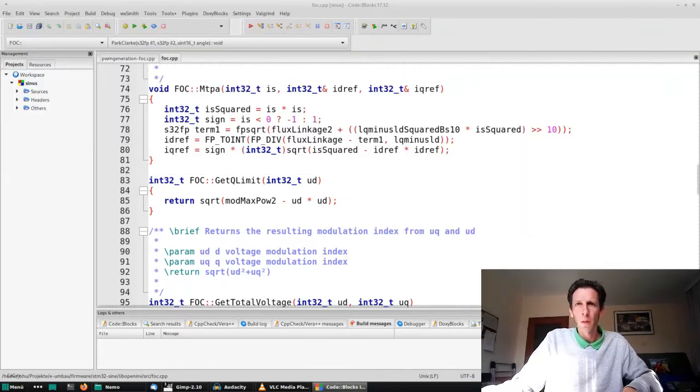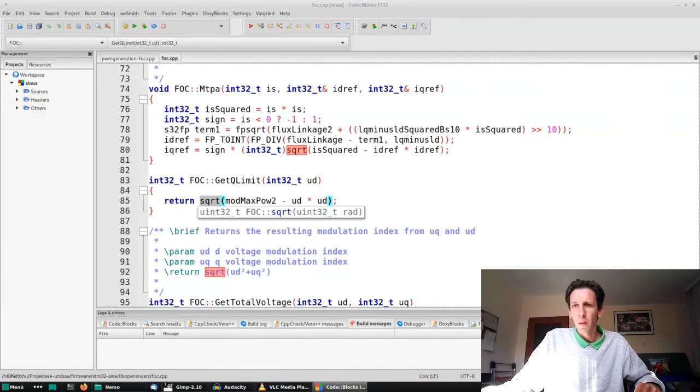So it's like the usual Pythagoras formula, where we subtract the square of the D voltage from the maximum possible voltage and take the square root. Interesting part here is that we do take a square root,